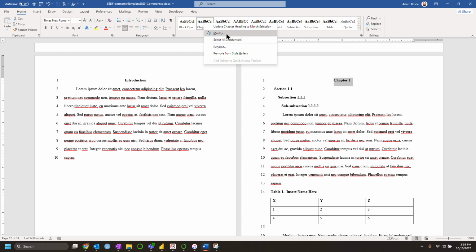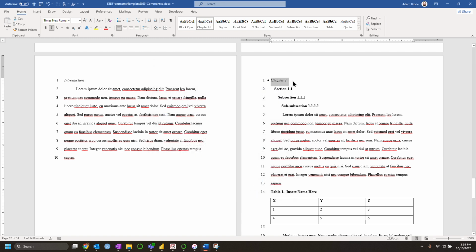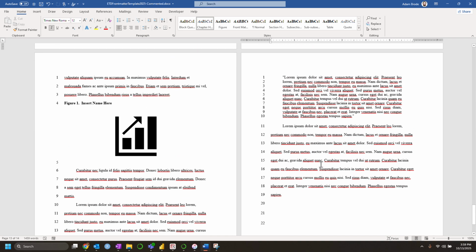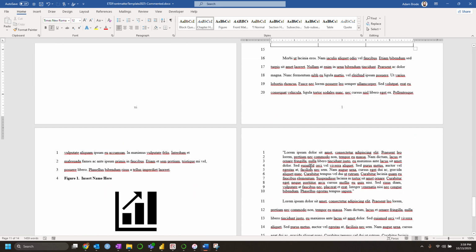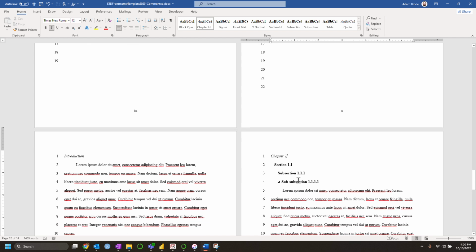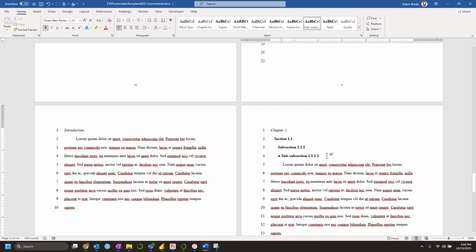If you want to change that style, you can right click on it, it'll bring up this menu, then click modify. And you could do something like this. Let's say we like italics better and we want it in left justification. Not only will that change that style, but anything else that had that same style applied to it will also be formatted in the same way. I'm sorry, not only did it change that text, that heading, all other headings that had ever had that style assigned to them,